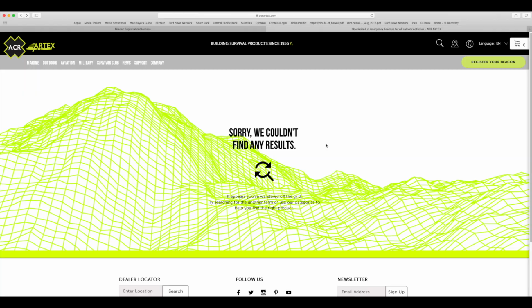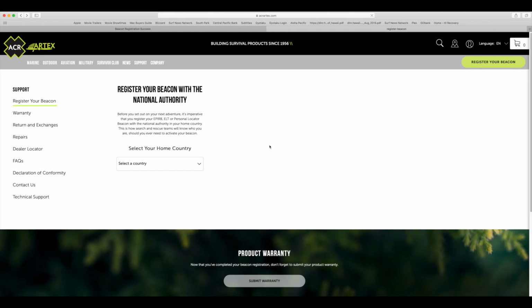So last thing I am doing here is going to ACR's website to register my beacon with them as well for warranty purposes. It's kind of funny because I went to the exact web address that they give you on the little flyer, and it comes to this page saying, sorry, we couldn't find any results. So I'm gonna go up here to register your beacon. I've already registered it with the national authority, which is NOAA. I'm gonna check out warranty,